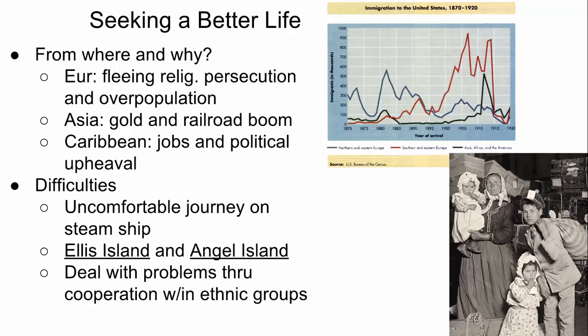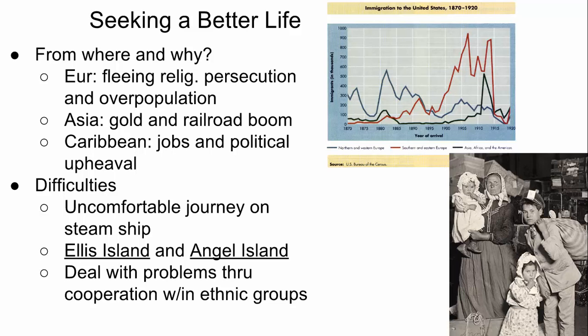The first is the original wave, so the colonists, the people who came here before we were even the United States. The second is before the Civil War, so in about the 1840s, and that wave of immigration is going to be mostly from Northern and Western Europe, from Germany, from England. But this is the third wave of immigration. And we're going to see more immigrants at this point in time from Europe, from Asia, and from the Caribbean